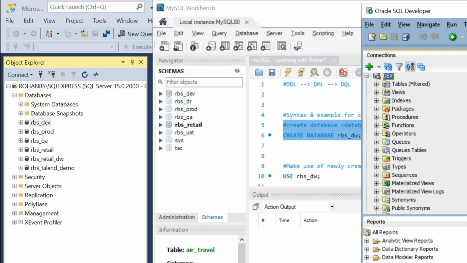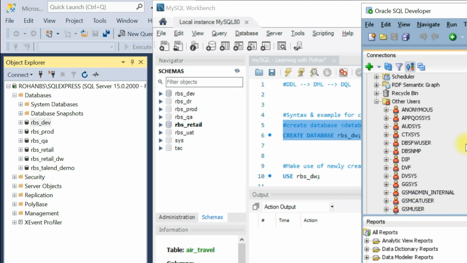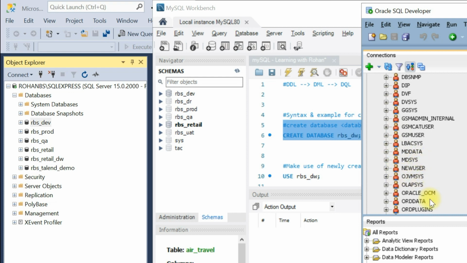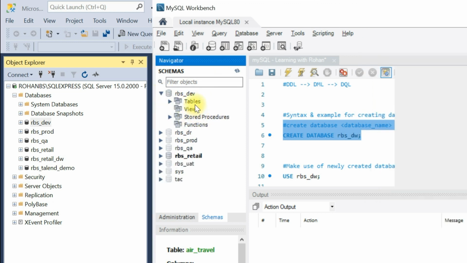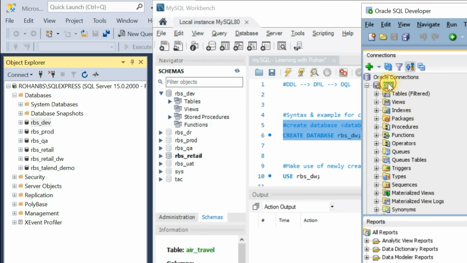The way you access another schema is by navigating down the Oracle connection; under Other Users you will find other schemas. Unlike SQL Server or MySQL, where you have a database and then the table objects, here one differentiating factor is that there is only one database.